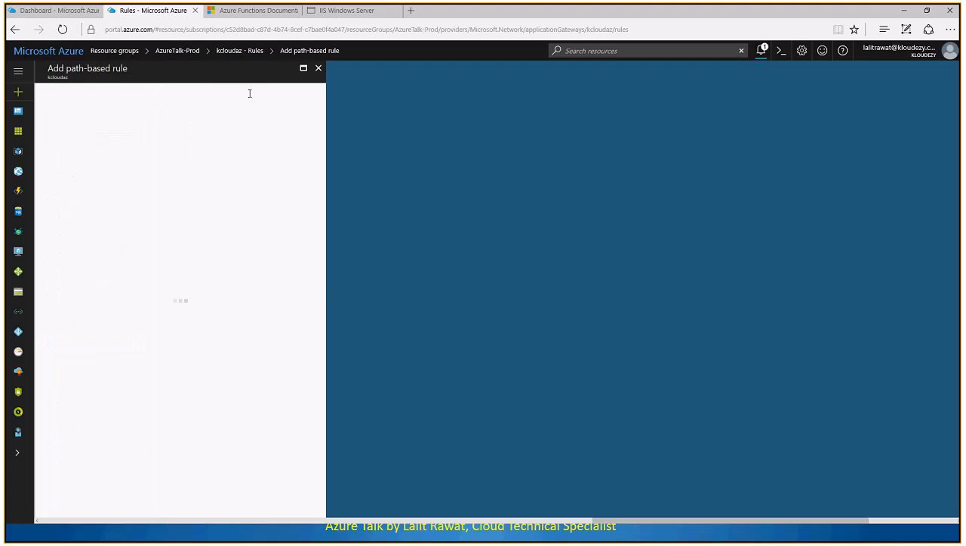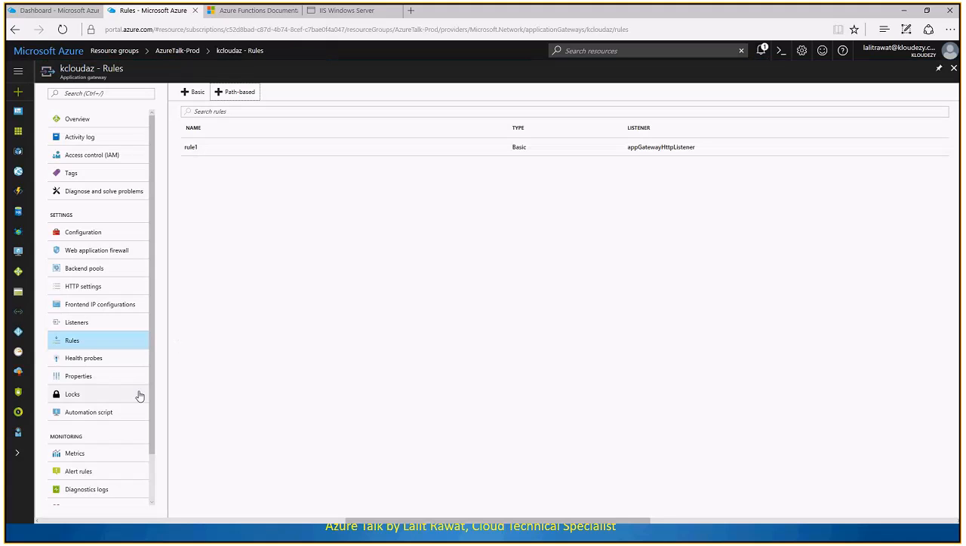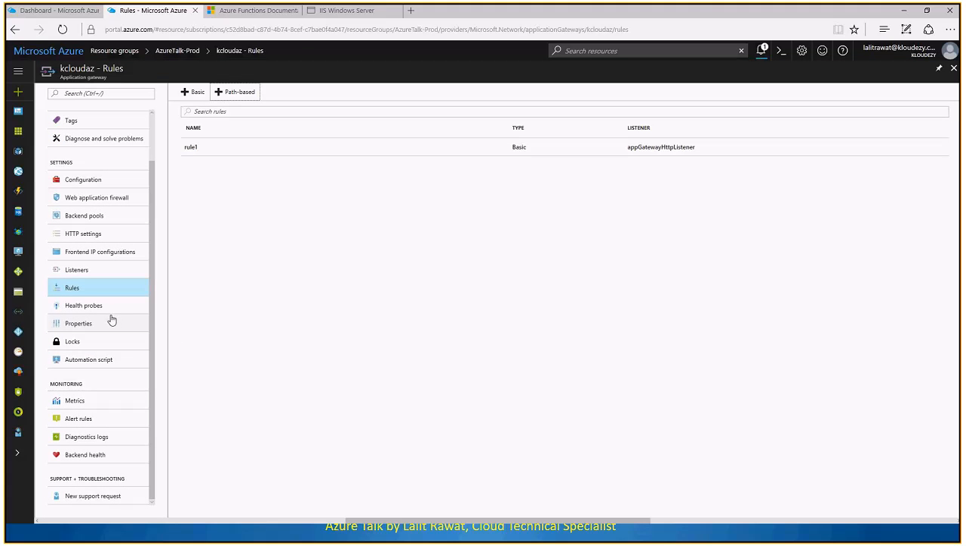for path-based, you provide the path of your application and the listener port, and then you select the backend pool and the HTTP settings, where you hit over the internet, and then it's routed over there. And whatever things you need to block, or need to reroute to some different